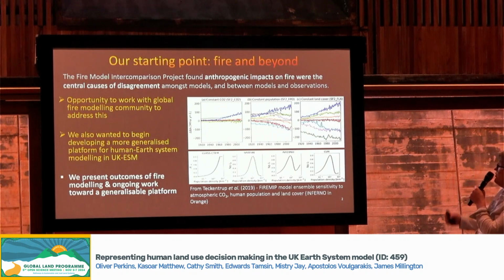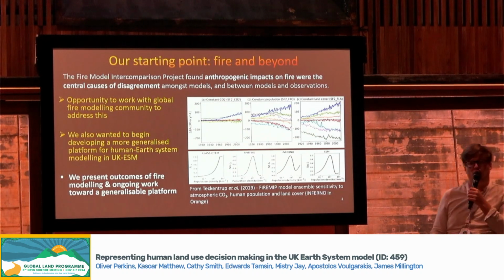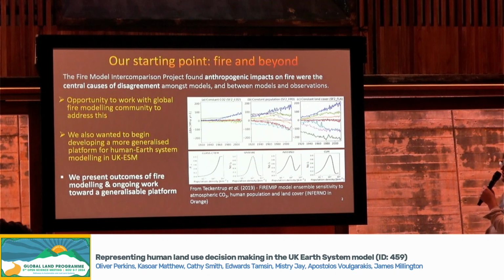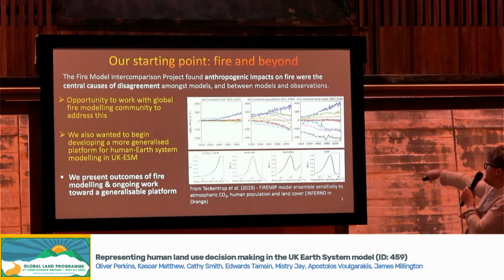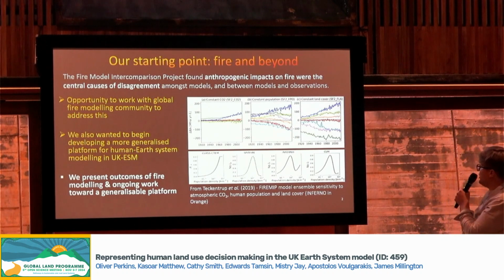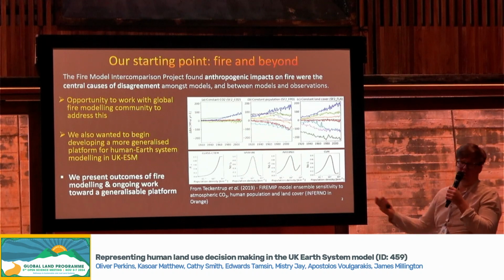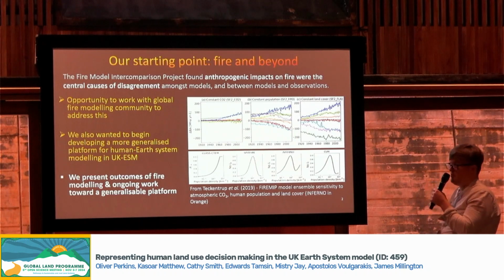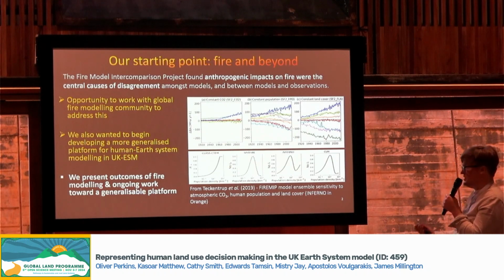And basically the underlying reason for this is the way that our dynamic global vegetation models, the terrestrial bits of Earth system models, try and incorporate human dimensions of fire with these very simplistic functions of population density, right? So it's just a kind of a global analytic function of population density saying how many fires you think there will be. So they brought us on board to try and improve this and to try and build in a more granular representation of humans in these models.